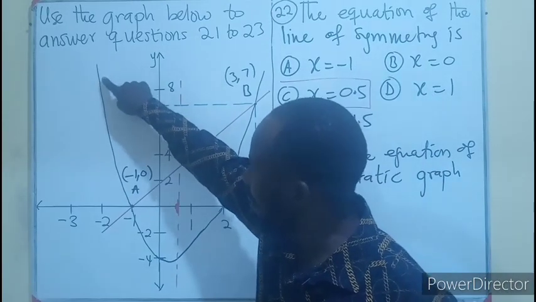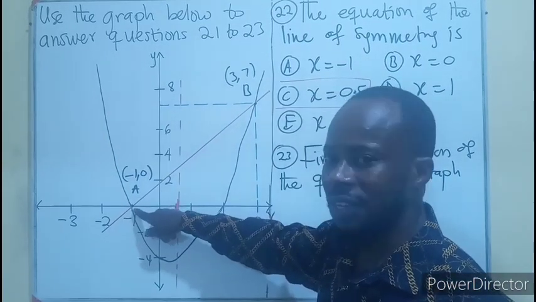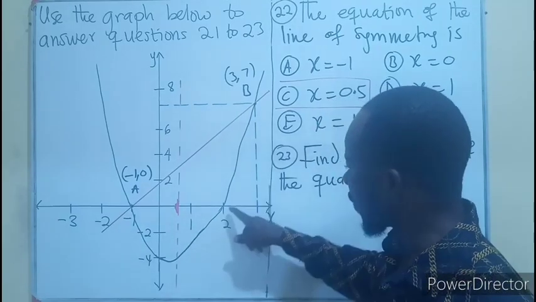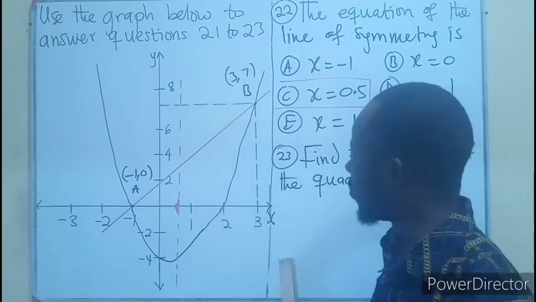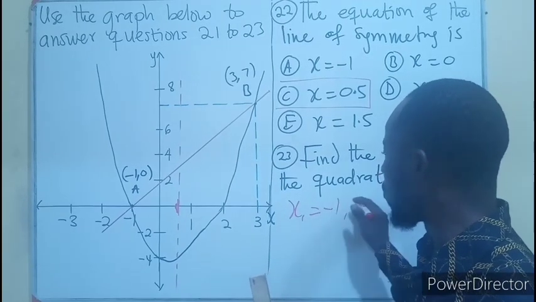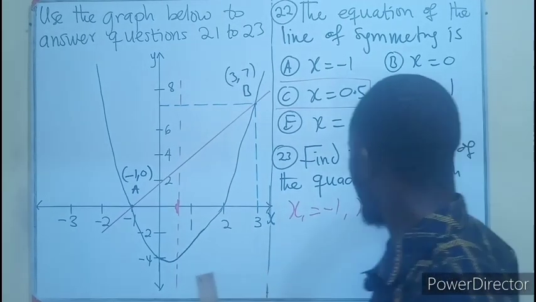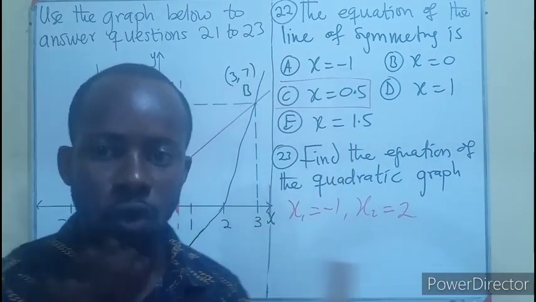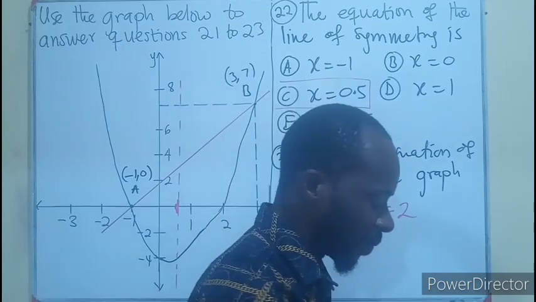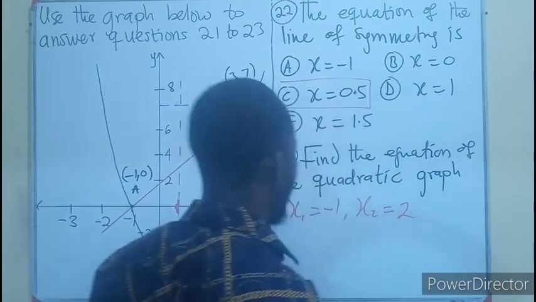You can see the curve is going and it crosses the x-axis at -1, and also crosses at +2. It means the roots of the solution will be x1 equals -1, x2 equals +2. Those are the roots of the solution. Good. We can use the roots to find the equation